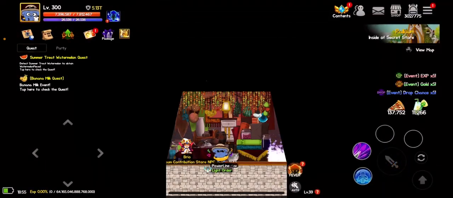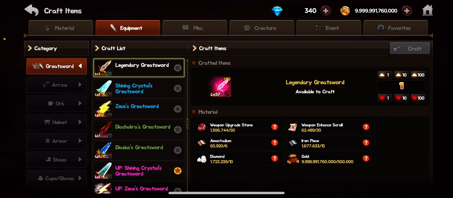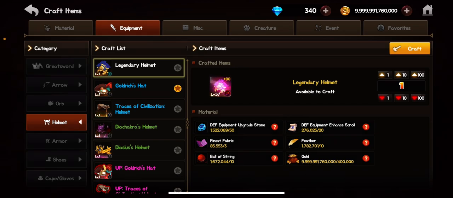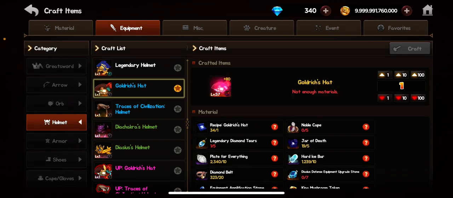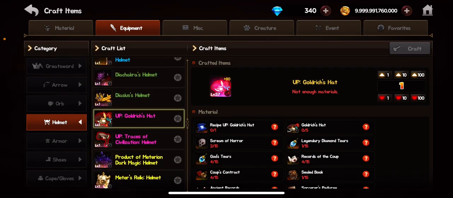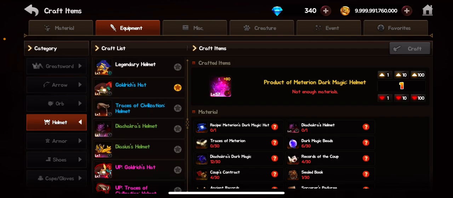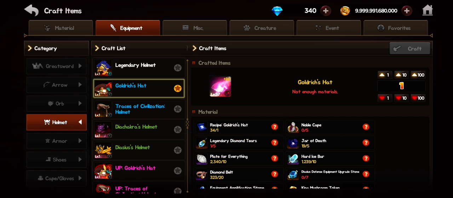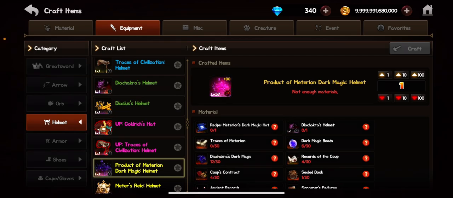I think it's just all about that steady gear progression. And obviously, as a free-to-play player, I'm not a free-to-play player, but I don't spend a whole lot of money on the game. But for someone who spends a minimal amount of money to free-to-play, I would definitely start off with Legendary, move your way into Goldrich, and then kind of segue into Goldrich up. Again, unless you want to go for Product of Meteorin, but you'll kind of just be sitting with the regular Goldrich armor for like a long time. So I would go from Goldrich to Goldrich up, and then if you want to go from Product of Meteorin,